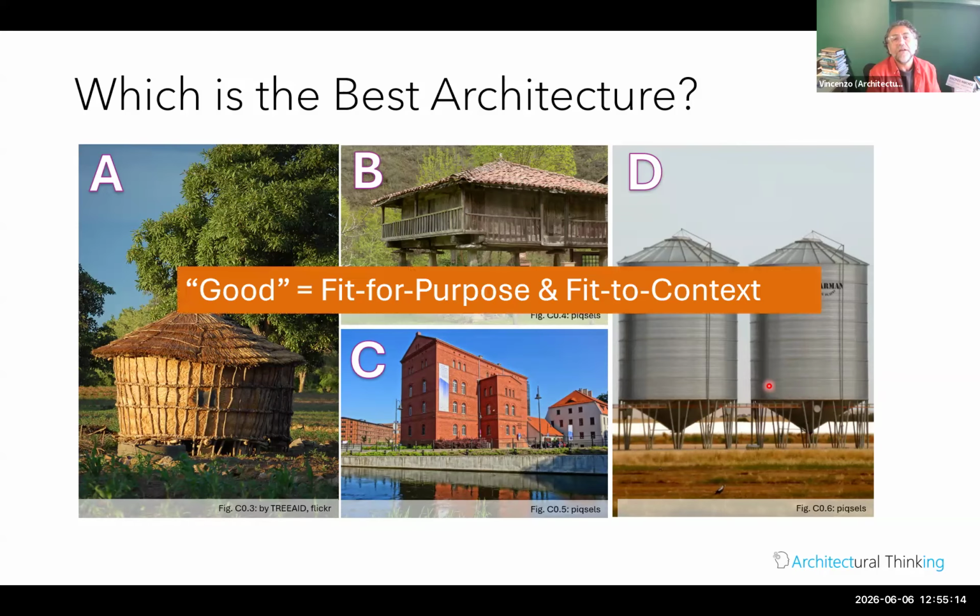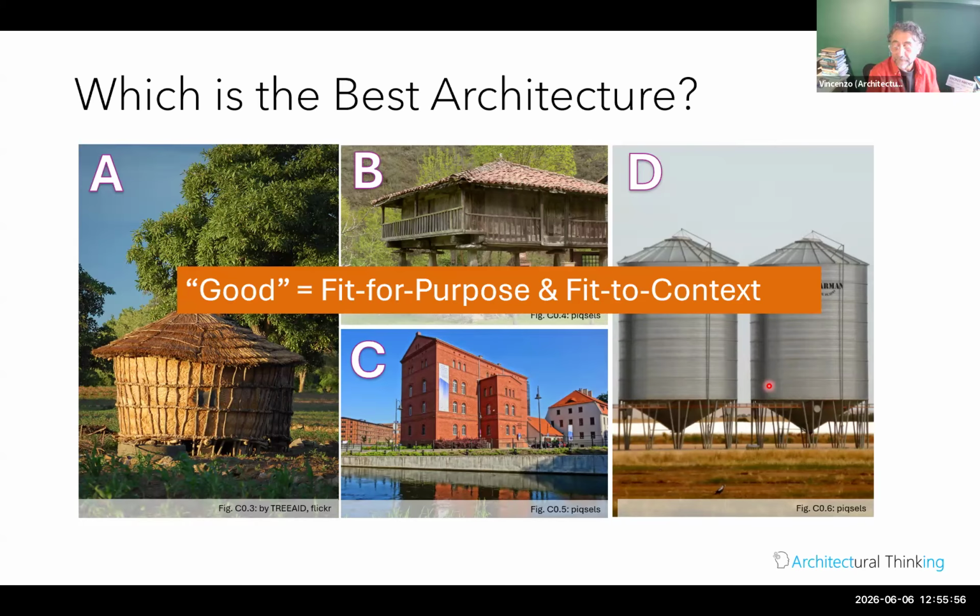So, one of the key learnings in the course is that there isn't such a thing as a best architecture, or a good architecture. What does good mean? It means, one, fit for purpose, but also fit to context. We talked about quality attribute requirements. There is a lot more. For example, maybe the organization has decided to go with a particular cloud provider. So the solution needs to fit the organizational context as well as the functional and non-functional requirements. So that's one of the things that we learn in the course, which is how do you come up with an architecture which is fit for functional purpose, fit for quality purpose, but also fit to the context as well.